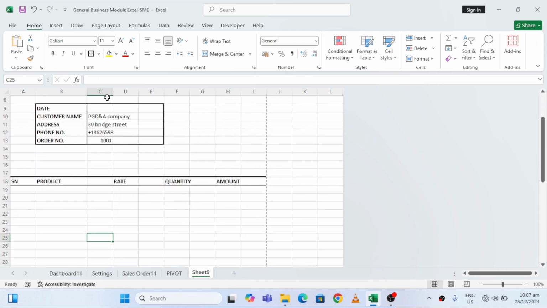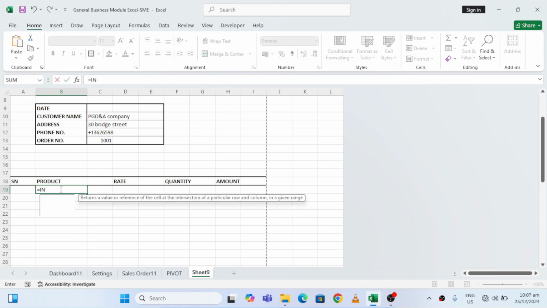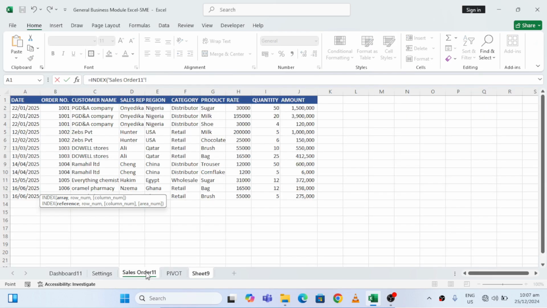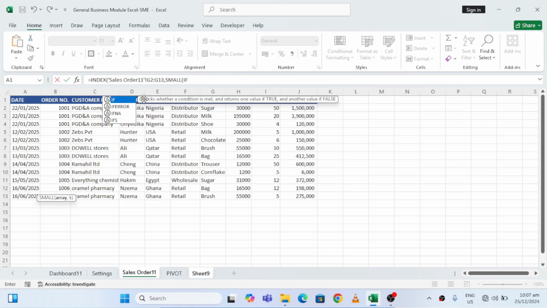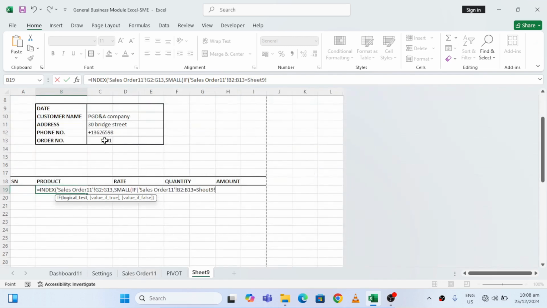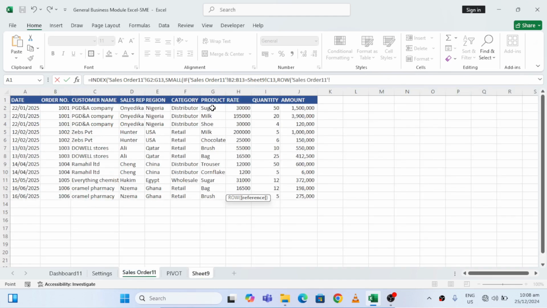Now let's generate our products. How do we generate our products? We say equal to index. We go to order and select the products and say select smallest, or return smallest of the number if that number is found here, with the reference at this point. Then take the row of the product